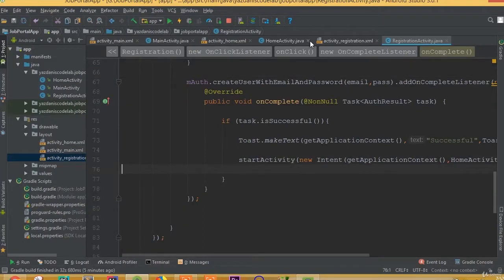Welcome back. In this part, we will do validation check for our login activity. So go to this main activity,